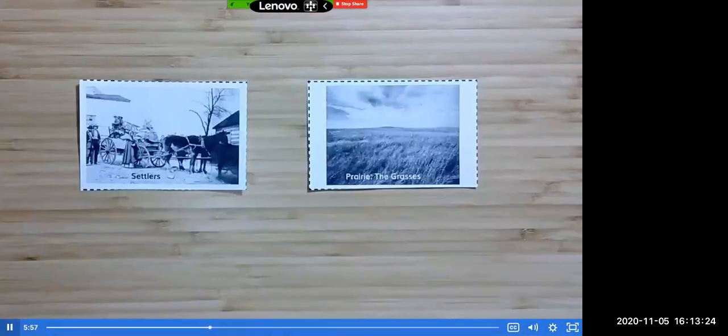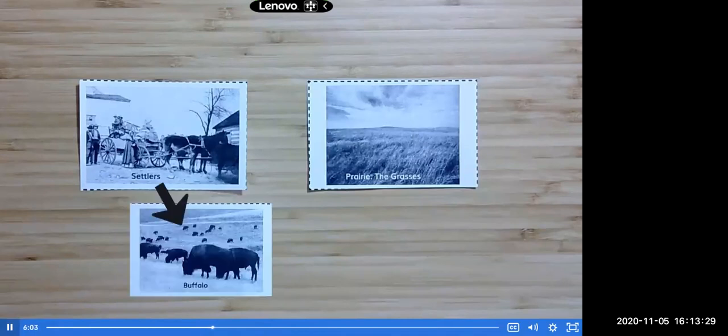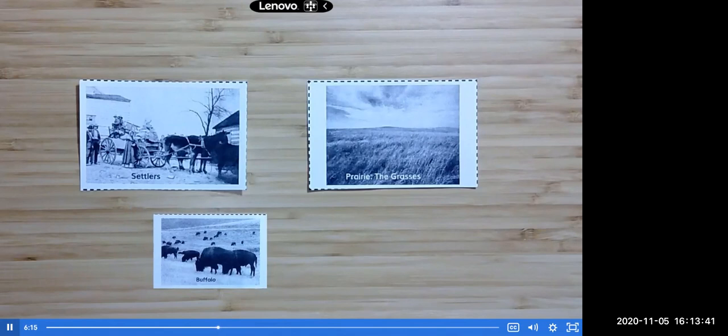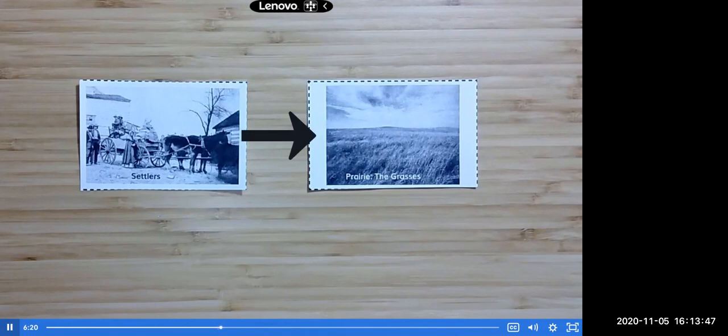When you read the whole text aloud with your classroom teacher, you learned about the connection between the buffalo and the settlers. The settlers were encouraged to shoot the buffalo. Therefore, many of the buffalo disappeared from the prairie. Because the settlers had an impact on the buffalo, they also had an impact on the prairie. I'd like you to pause here to chat with your learning partner about the connection between the settlers and the prairie. Just hit play when you're ready to continue.